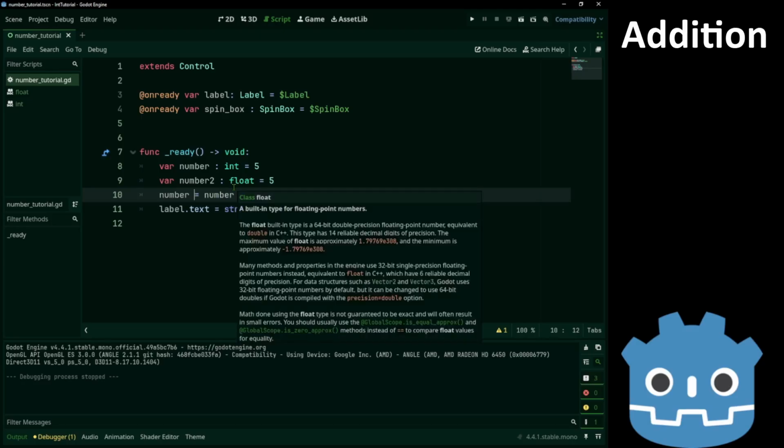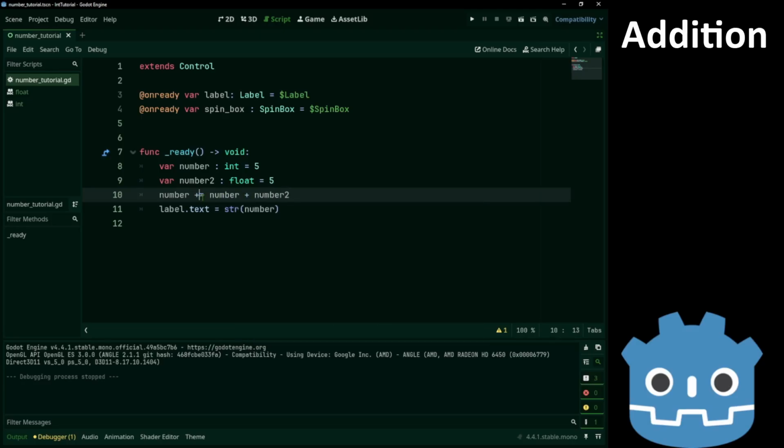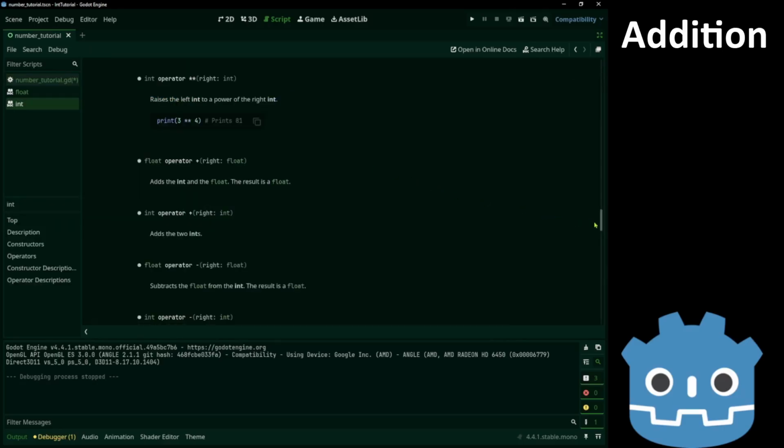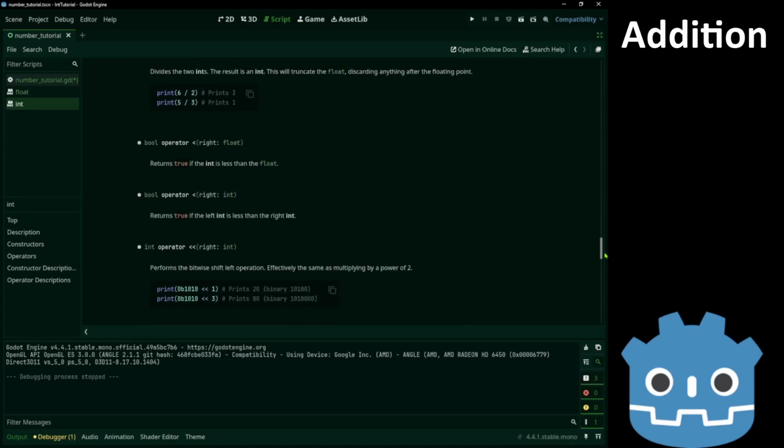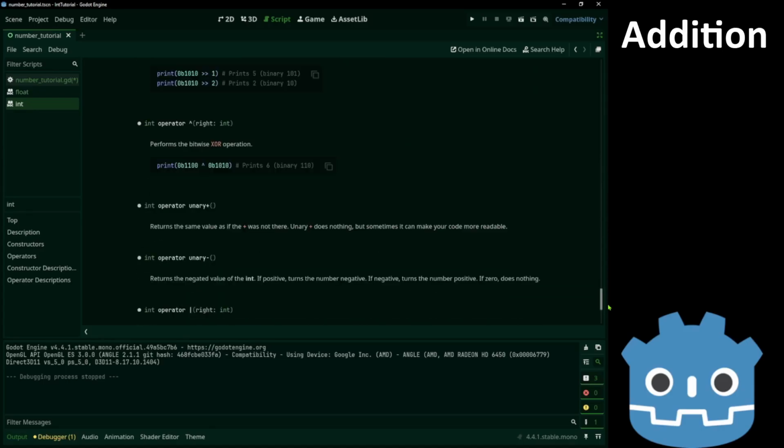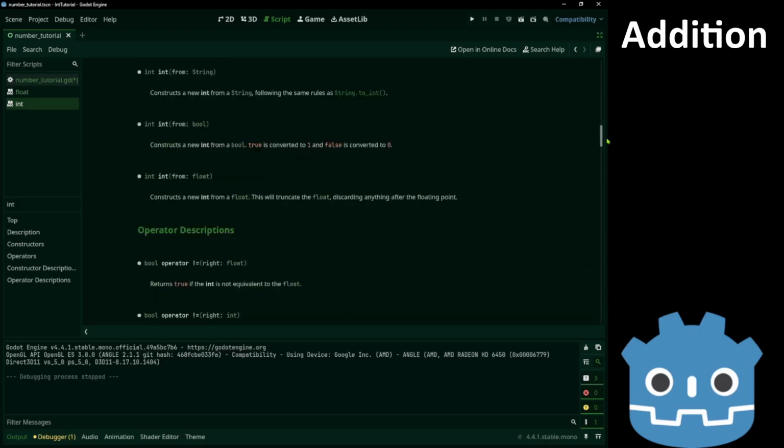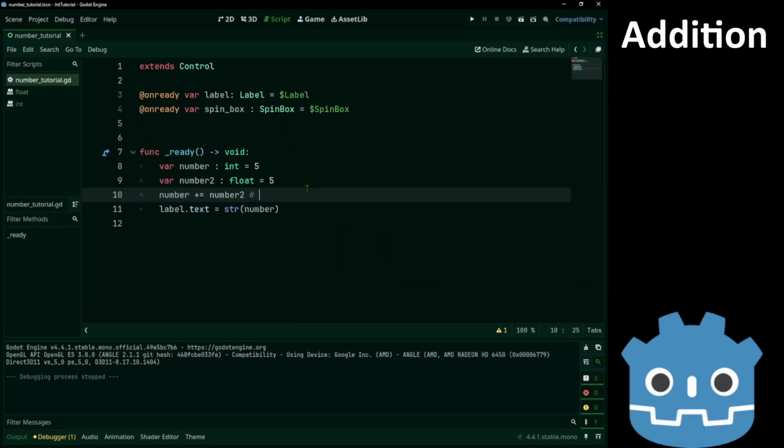There is a shortcut for this, the plus equals. Now we no longer need to write number on the right side. And that has the same result. Now this one is not in the documentation, but you can combine a lot of the other operators with the equal sign. It works for most of the operators here. This one is usually seen in loops where we increase a counter. This line will increase the variable counter by 1.